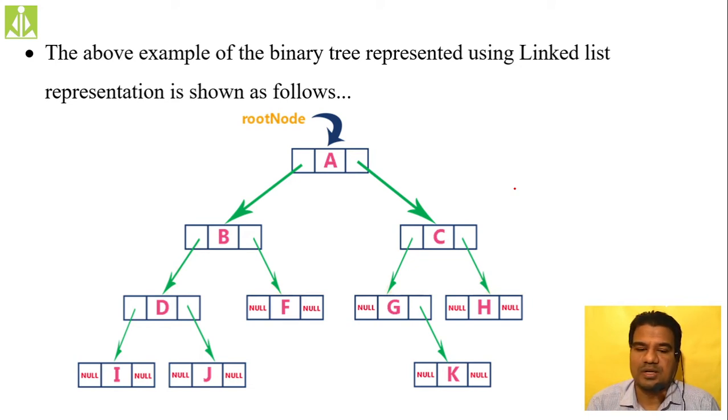Hopefully you understood this one. So always we are going to have a pointer reference to the root node. Okay, this thing also you have to remember. This is how we represent the binary tree. Binary tree, 0, 1, 2 nodes. 0 or 1 or 2 nodes only, not more than that. Any of these you can have. 0 you can have, 1 you can have, 2 you can have, but not more than 2. That is the only difference.